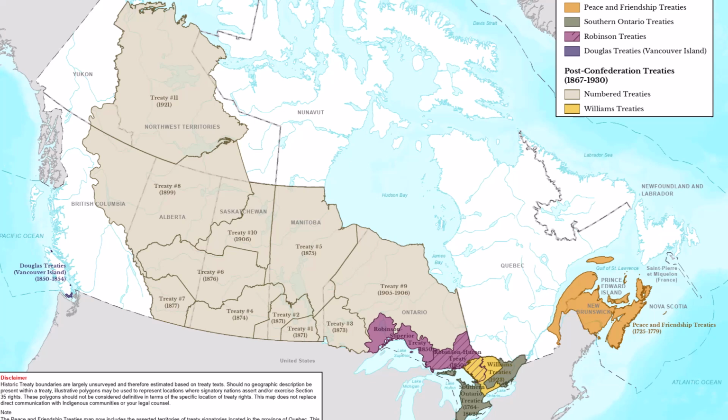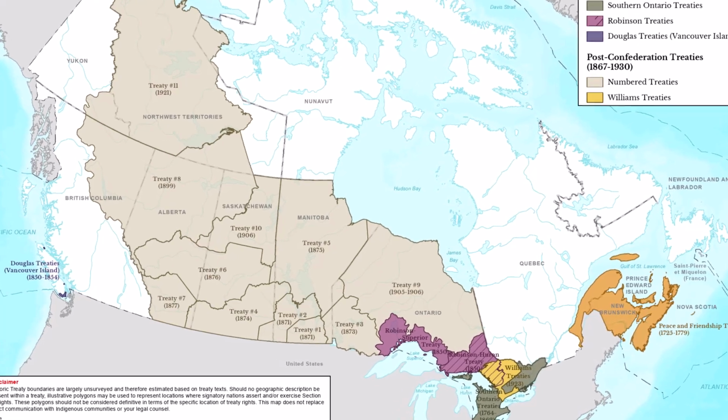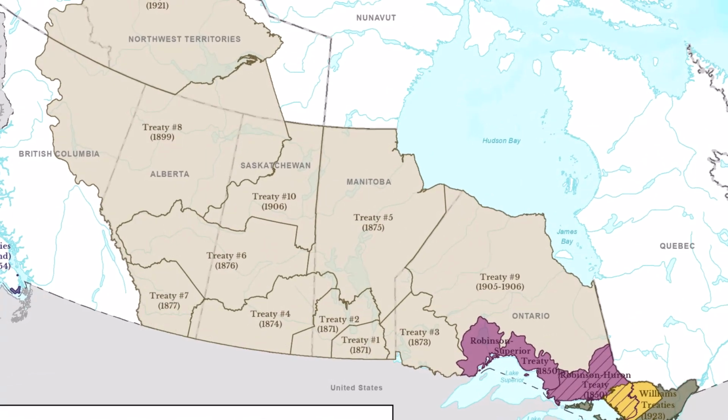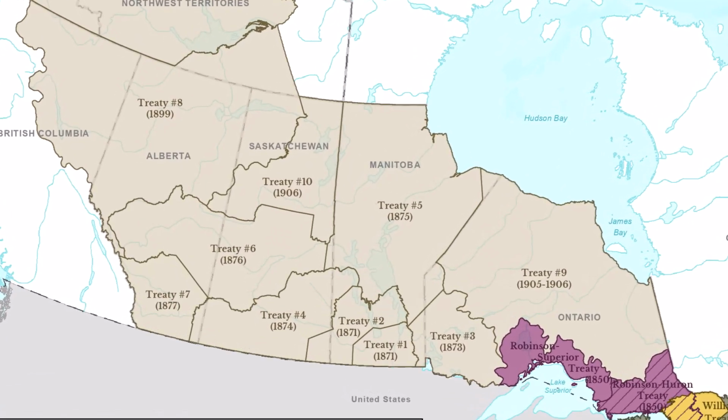At the time, John A. Macdonald, Canada's first Prime Minister, had a dream or a vision that he wanted to create a railroad right from the eastern to the western coast. But there was all these native tribes that he had to make treaties with. So when Prime Minister Macdonald was in leadership, 11 treaties were actually signed between the First Nations and the government. And I'm going to focus on Treaty 7. So Treaty 7 was signed September 22nd, 1877.